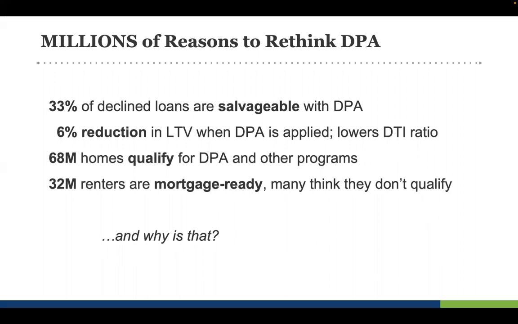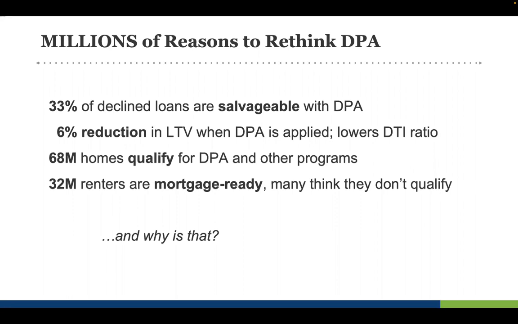We've also done some studies indicating that about 68 million homes in the US qualify for down payment assistance or other home buyer assistance programs. That's a ton of inventory. All of our MLS partners are surprised when we do our initial analysis and we look at how much of their inventory is eligible for DPA programs. That ranges from typically about 60% to north of 80% of inventory in a lot of markets is, believe it or not, eligible for down payment assistance because, in large part, there are programs everywhere and their purchase price limits are surprisingly flexible. And lastly, here are millions more reasons to rethink down payment assistance.